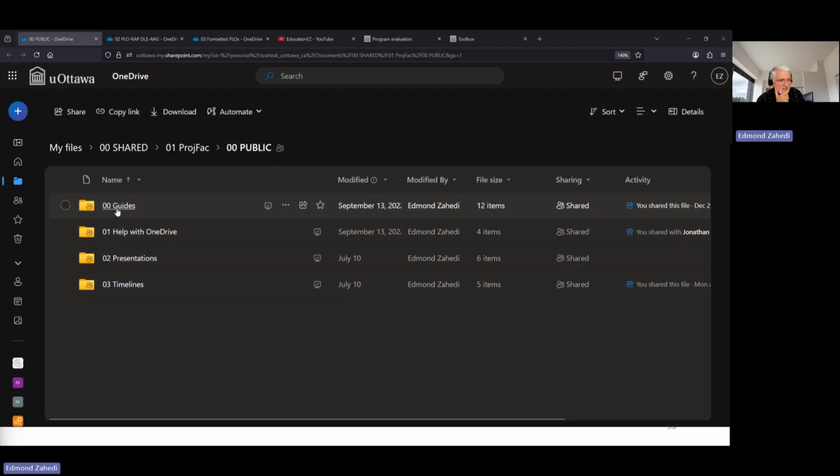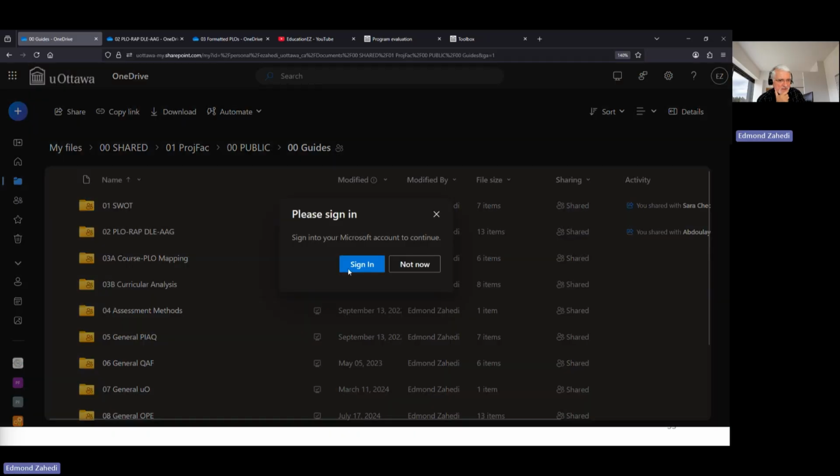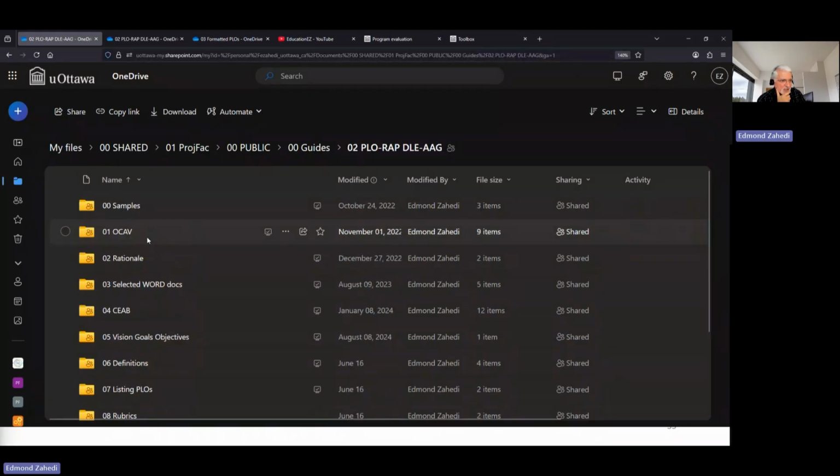You will have access to guides, help with OneDrive, presentation, timelines. If you go to guides, then you have 0, 1 is SWOT, and then PLO, résultats d'apprentissage. Here you have samples. You have all the PLOs that I have been developing with various academic units.